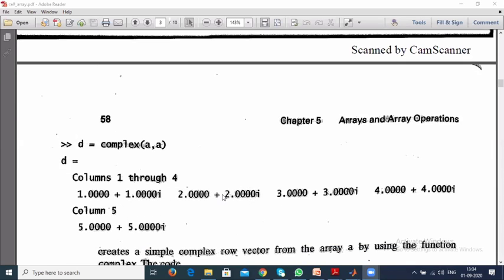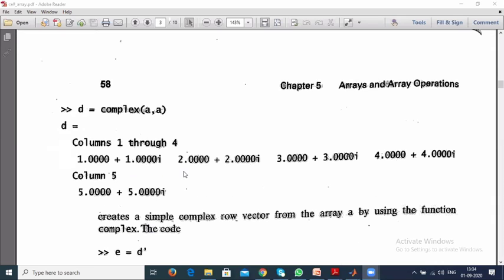Let us see here: D equal to complex of a comma a. This is a complex number. In a, you have 1 2 3 4 5. Complex of a comma a will generate 1 plus 1i, 2 plus 2i, 3 plus 3i.